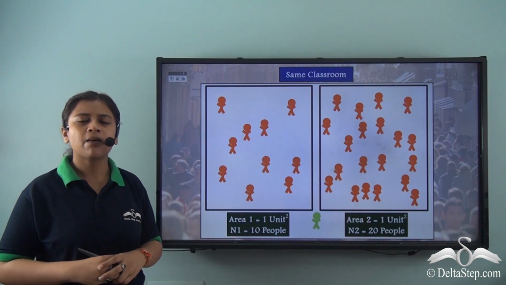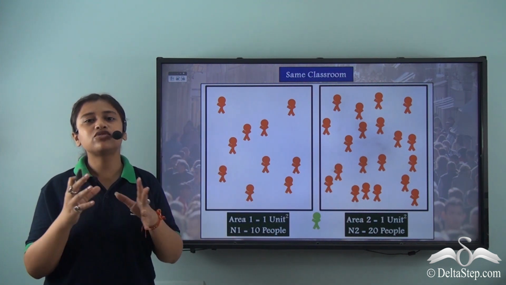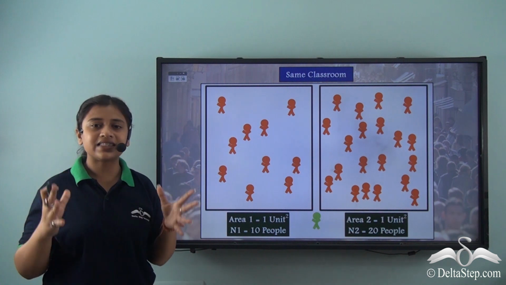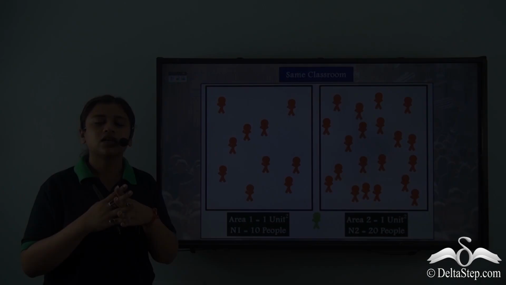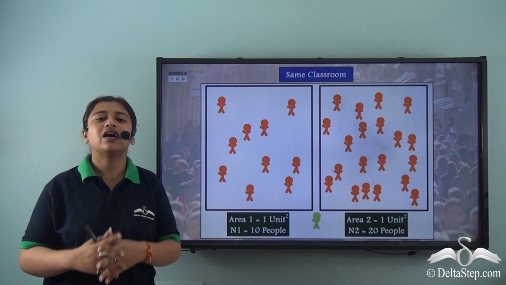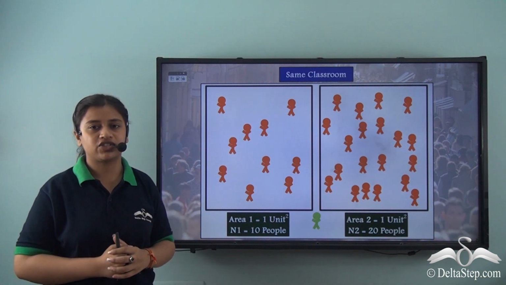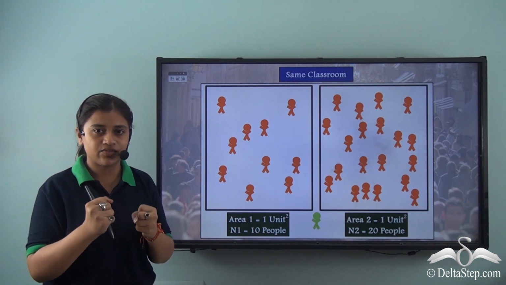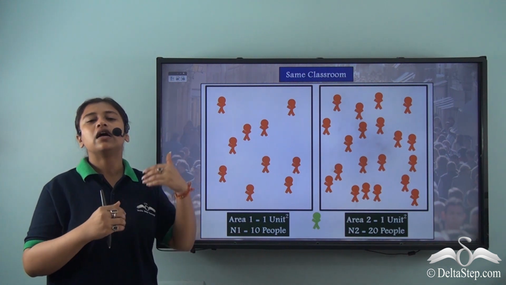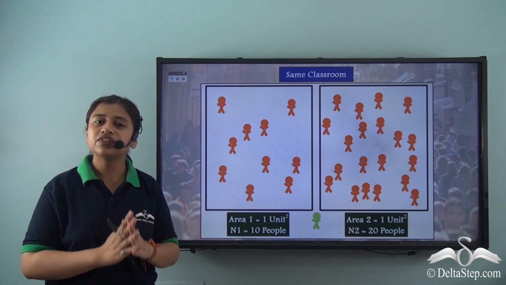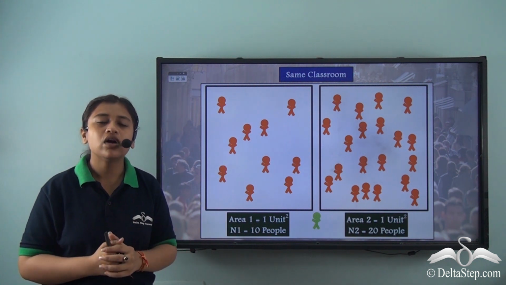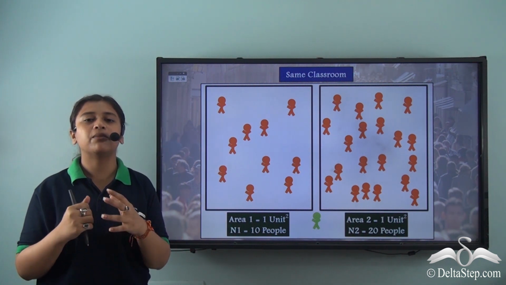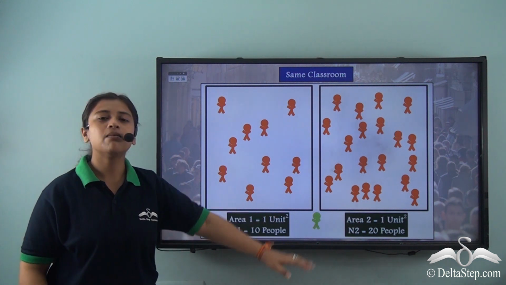So what happens? In this case, there are some students who have to share the same bench with 2 other people. So at some places in the class, there are 3 people sitting in one bench. So you see that the resources have got limited, right? The resources that were initially enough and sufficient for all the students are now constrained or limited for the number of students present at the moment.